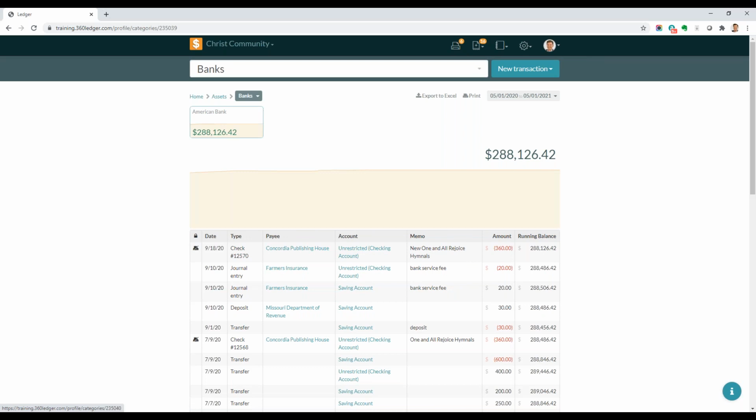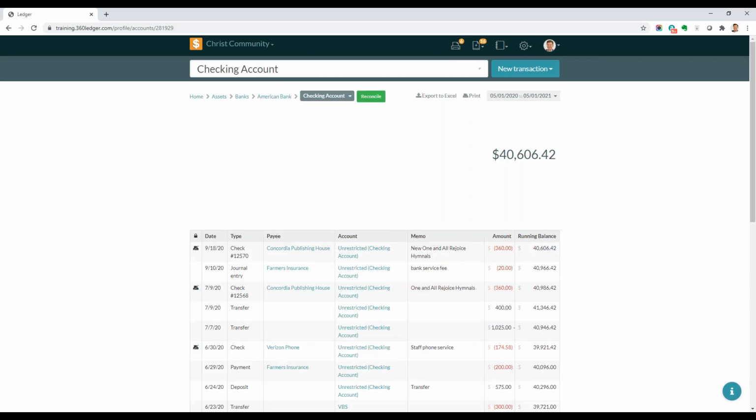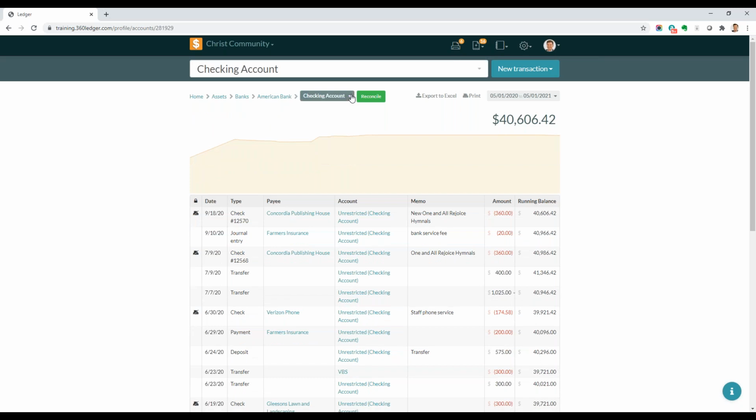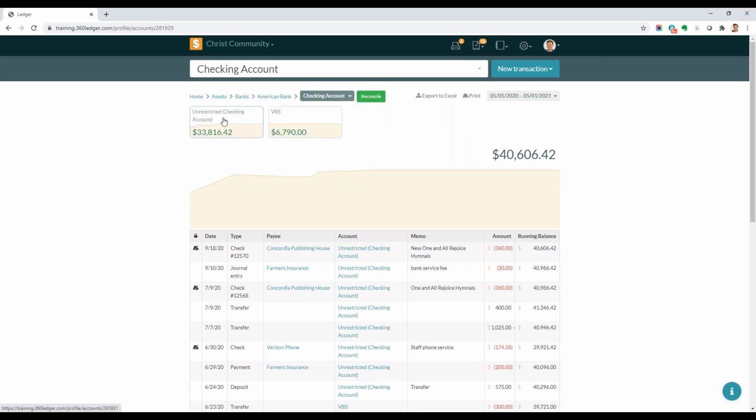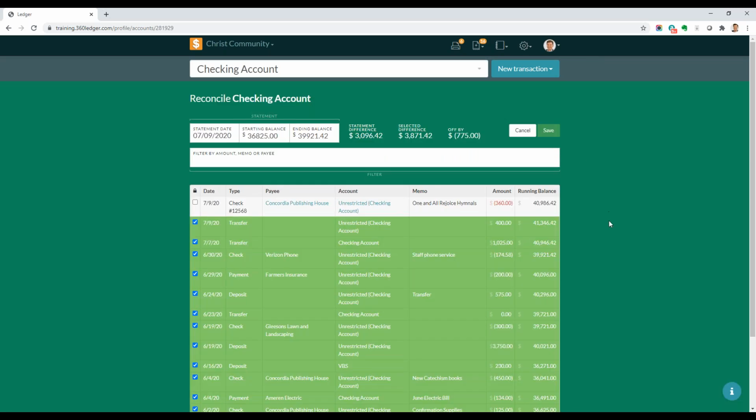For example, I want to do my checking account. I click on it again, and I see savings or checking account. And as I said, I want to do the checking account. Then you notice at the top here a couple different things. I have a VBS, an unrestricted one, and I have a VBS account. And I want to reconcile these. So I just click the green button that says reconcile. And in the pop-up window here, you see